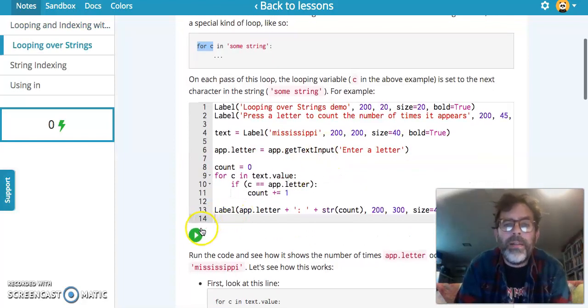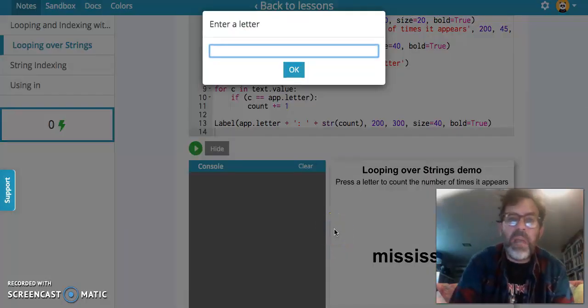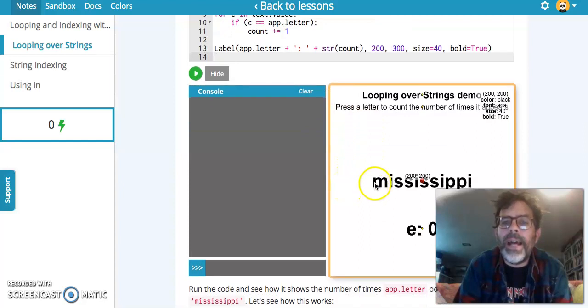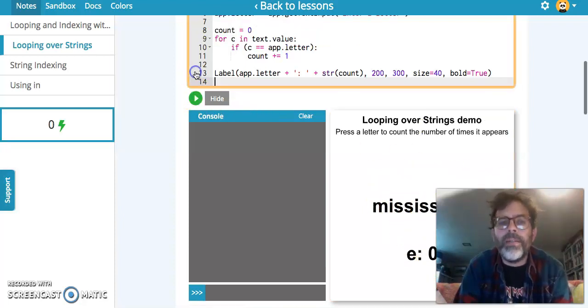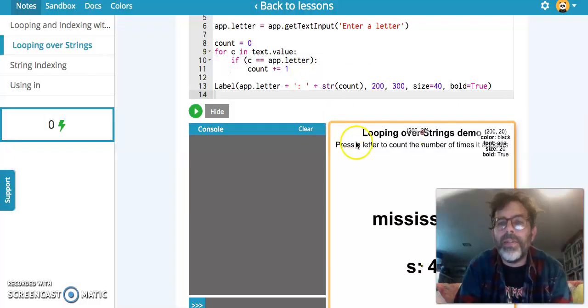Okay. So an example of using that here, again, a dialog box, enter a letter, okay, the letter E. And if we type in E here, you'll see that it looks at this string Mississippi. We'll see this in the code in a second, but it looks at the word Mississippi and says, well, how many E's are in there? 0, right? So if I do this again and we type in S, you'll see that it now comes with